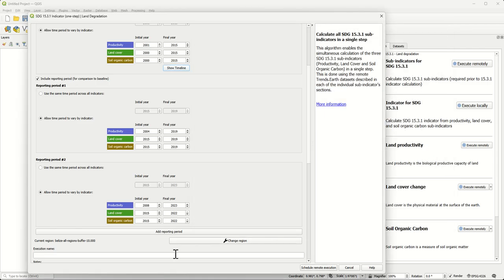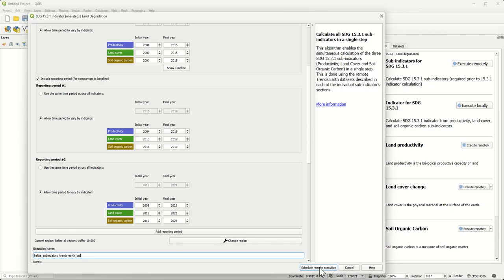Once I have selected that, here we can check that I'm doing the analysis for all regions in Belize, and I'm just going to type in the analysis, naming the analysis that I'm running using Trends-Earth LPD, and I'm going to hit schedule remote execution.